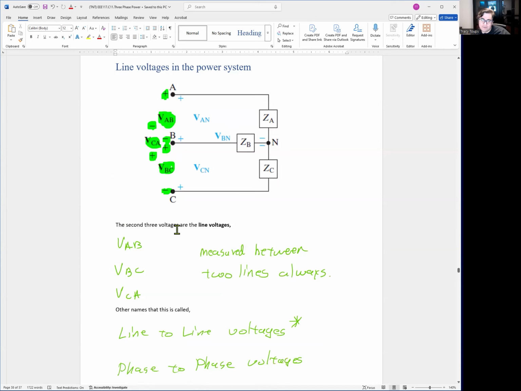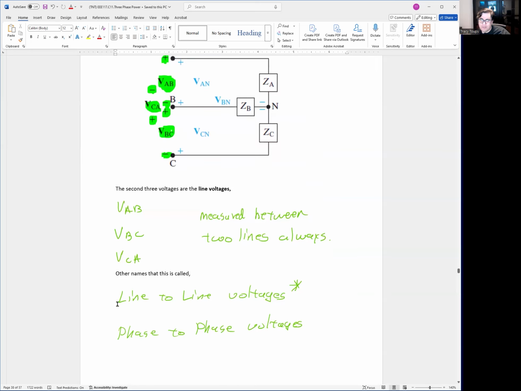So the second set of voltages are VAB, VBC, VCA. They're measured between always two live voltages. Okay. We call this line and line voltages. Rarely you might hear phase-to-phase voltages, but this is kind of